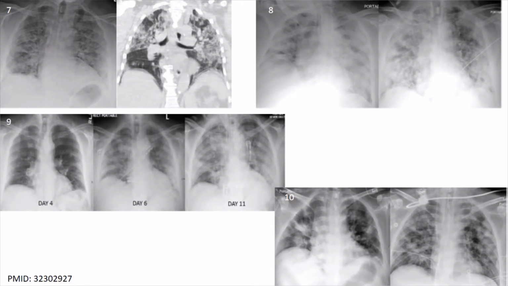Diffuse lung opacities in patients with COVID-19 have a similar chest X-ray pattern, see Figure 7, as other widespread infectious or inflammatory processes including acute respiratory distress syndrome. When lung disease involves the majority of the pulmonary parenchyma, patients are typically hypoxic and require mechanical intubation, see Figure